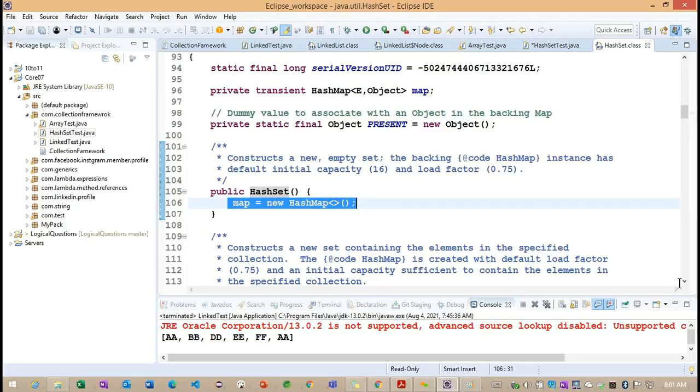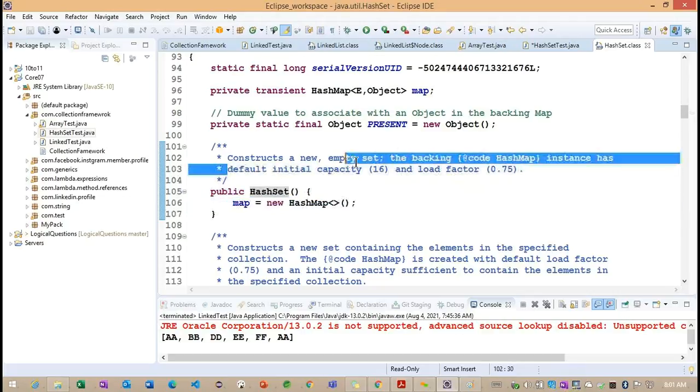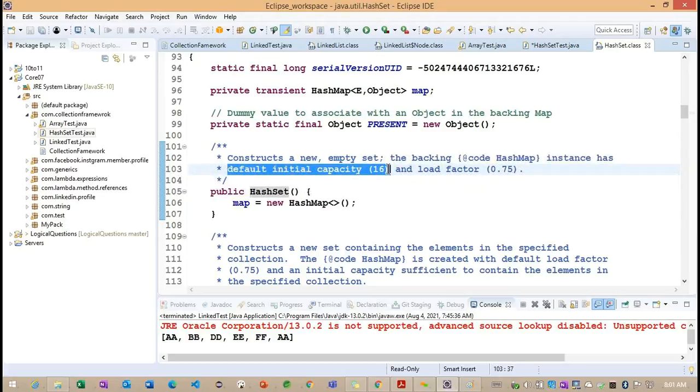Right. Now observe. Here you can see the default initial capacity is 16 and the load factor is 0.75, so up to 75% of the hash set is filled. Now it's going to create a new hash set object here.